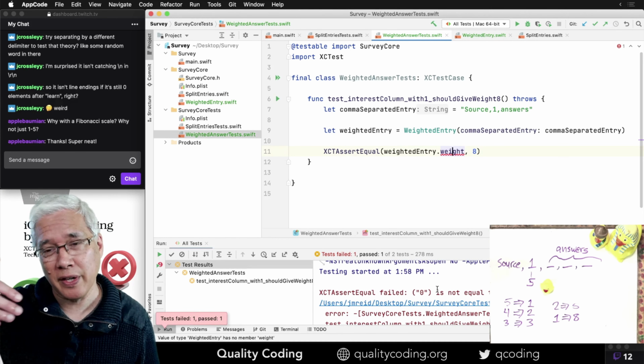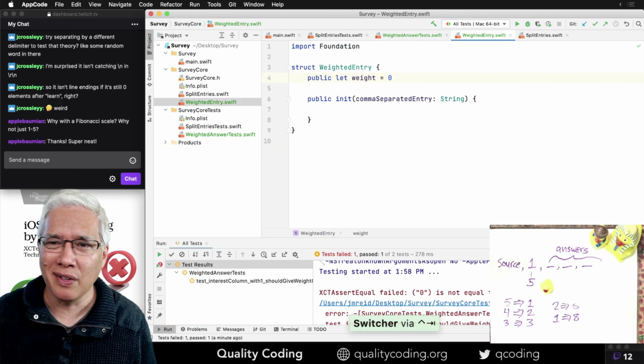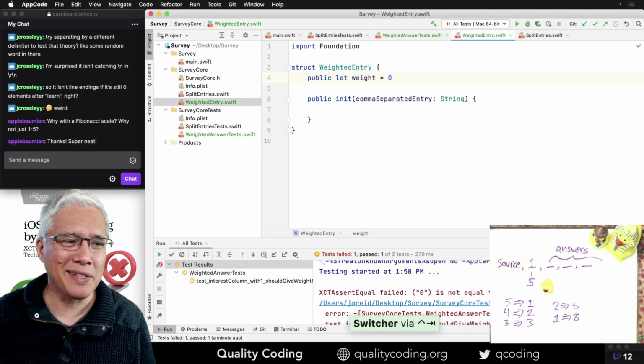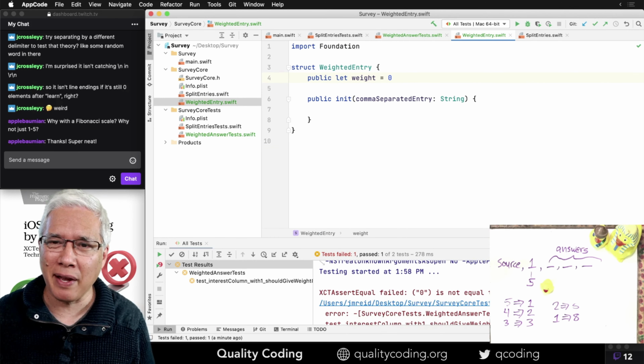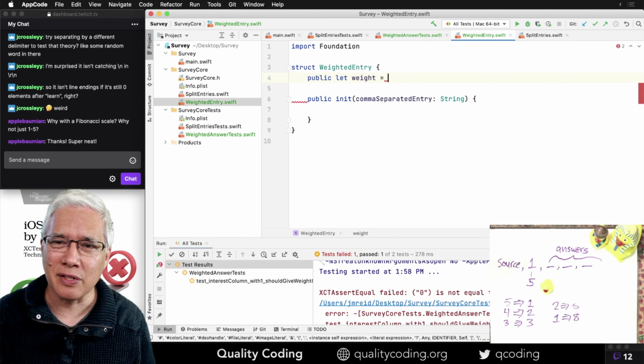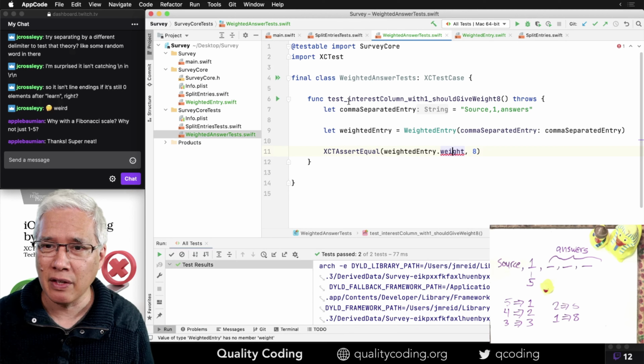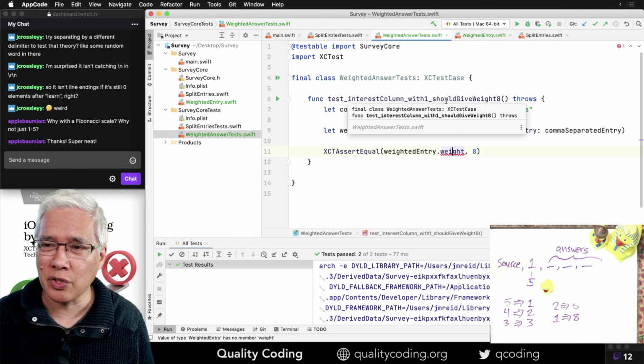And here we go. The cheapest, easiest way to get this test to pass is to say the weight is 8. And the test passes. And I'm ready now to commit. Actually, let me see if there's anything I want to change in the test name. Interest column with 1 should give weight, should yield weight 8.